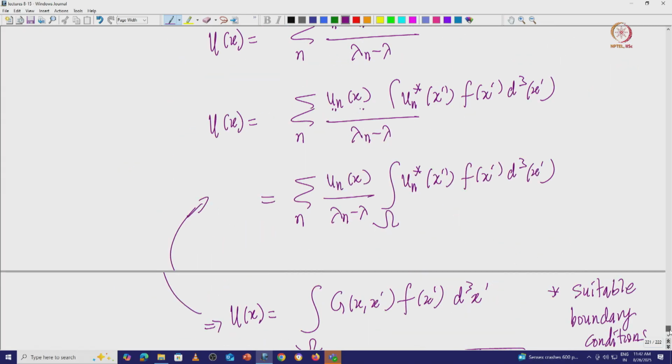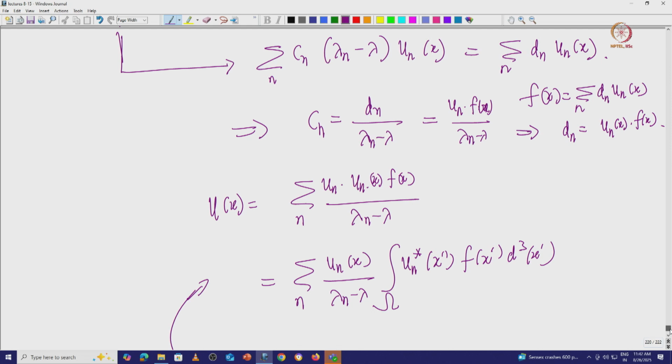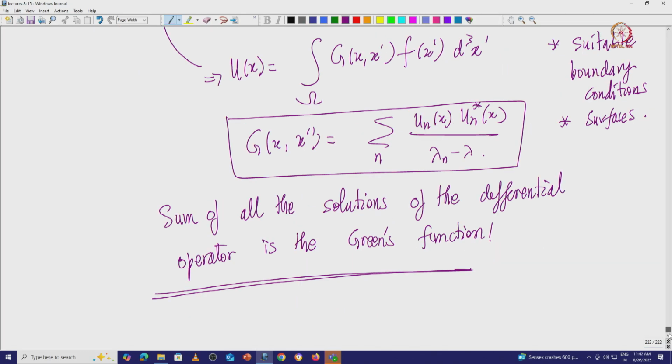I can derive a condition, which is u_n of x essentially. Now u_n of x, f of x, essentially I can re-express it in terms of u_n star f of x prime d of x prime over surface, essentially, okay, u_n of star f of x prime. So I am just taking the mod essentially. Now this is nothing but